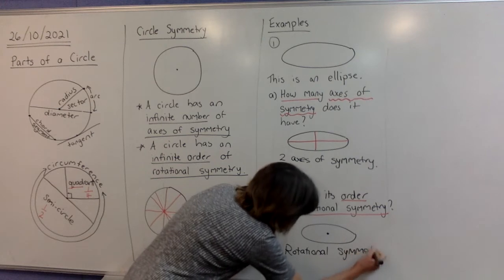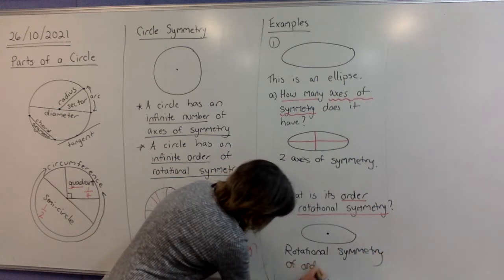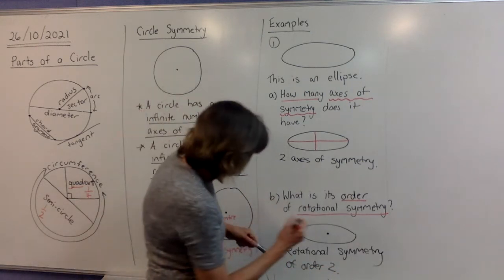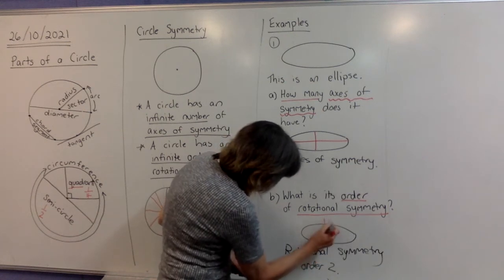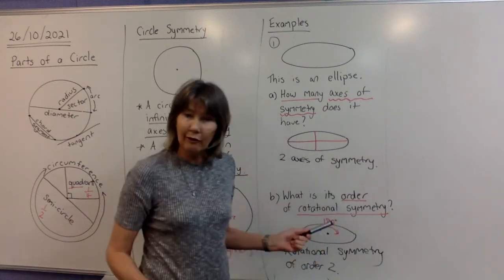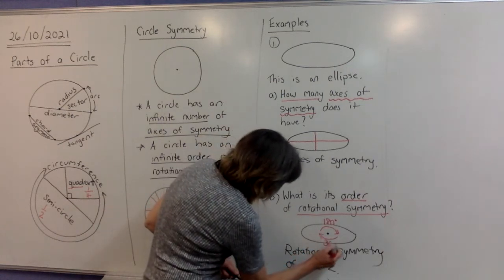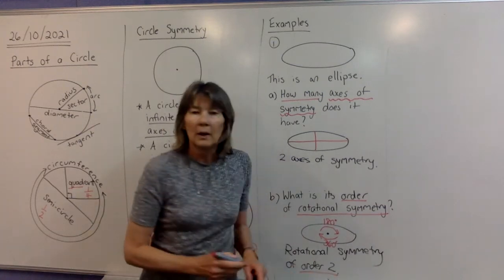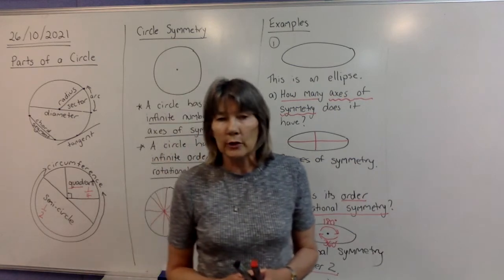So it's a little bit like what happened when we looked at the rectangle before. When you did a 180 degree spin, it looked like itself. And then when you spun it again, right round to 360 degrees, it looked like itself. So it's order 2. Okay, so that's all I'm doing on that because the questions that you're answering are all based mainly on this work here,